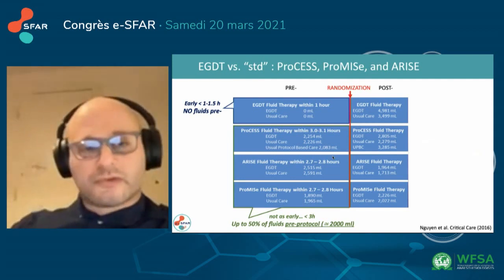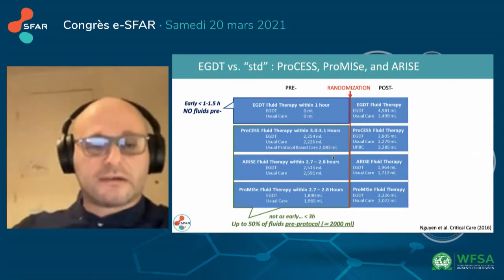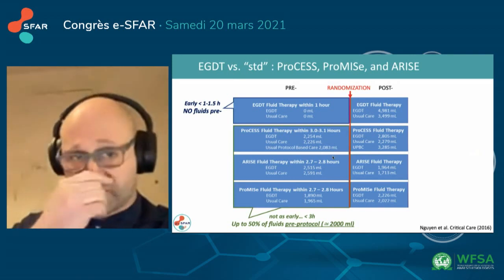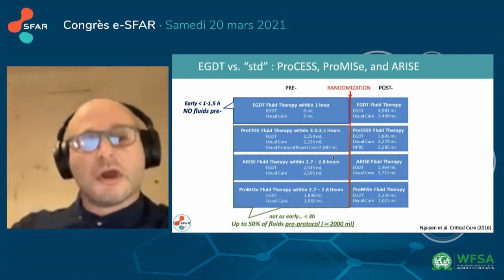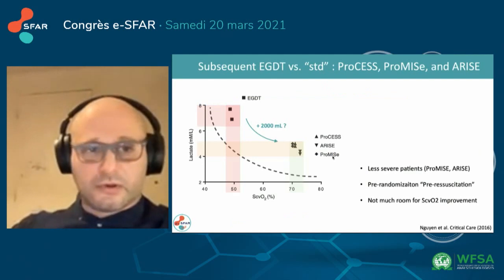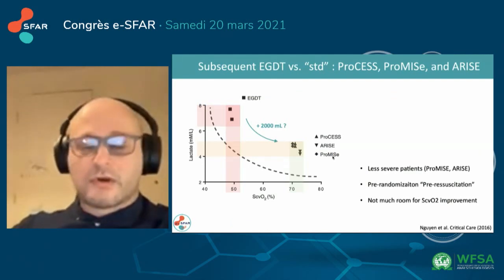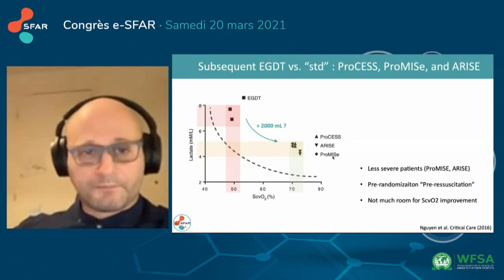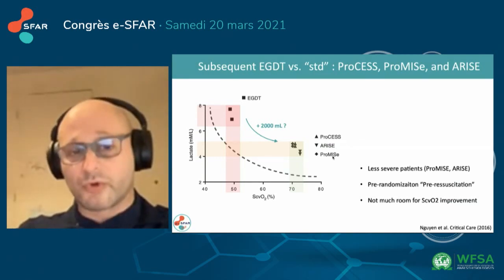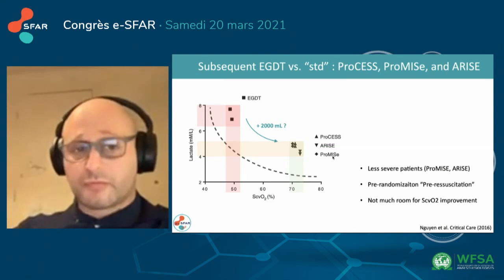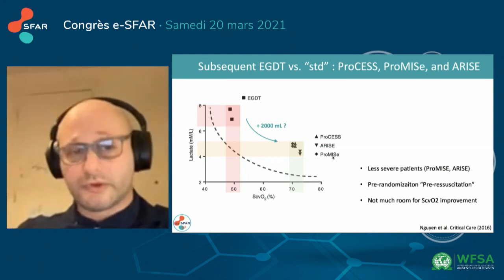So when you look at these studies, here looking at the lactate and the ScvO2 of these patients, the EGDT patients were very ill, completely unresuscitated, with very high lactate and very low ScvO2, compared with ProCESS, ARISE, and ProMISe, which had received close to 2 liters before